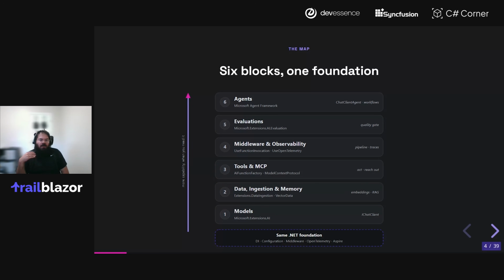And so as we walk through the process of building an application with AI, right, we're going to be going through each of these blocks. There are some samples. I can share the repo after this talk, but both the presentation and the samples that I'm going to cover are there. And so you can take a look at each of these building blocks on your own time. All right.